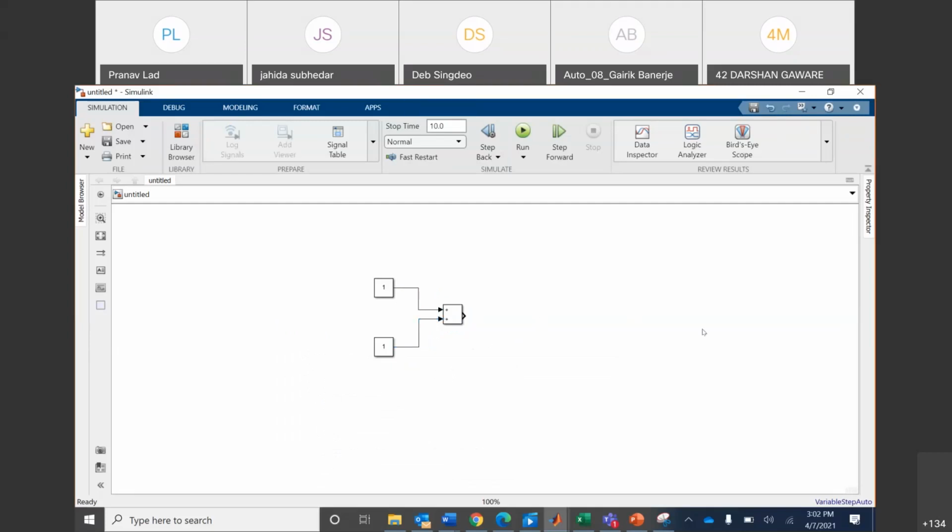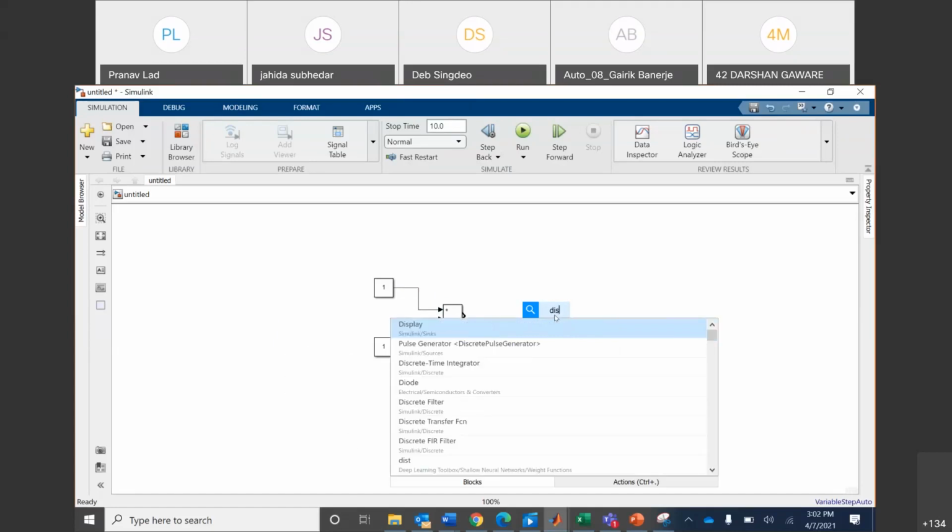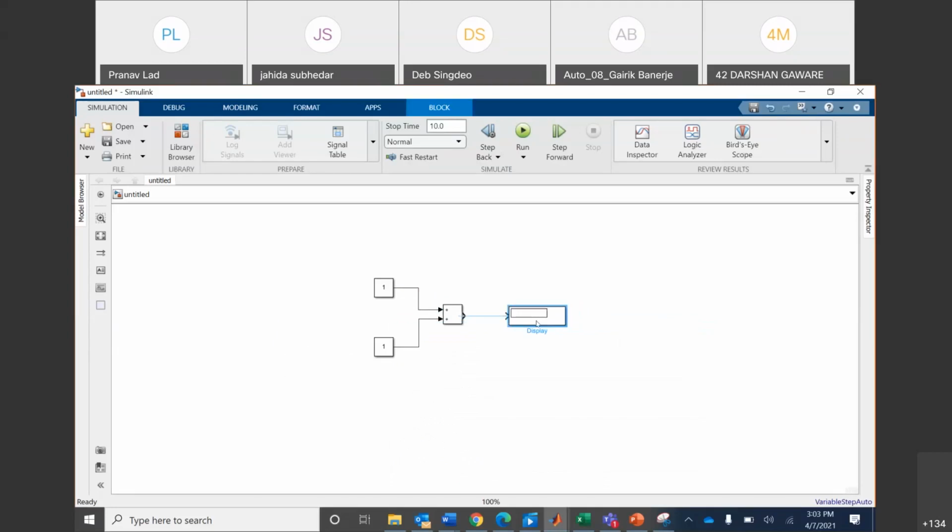For seeing the output, we should have something to visualize. It can be a display, right? So I am just taking a display block here, which looks something like this, right? I connect this.